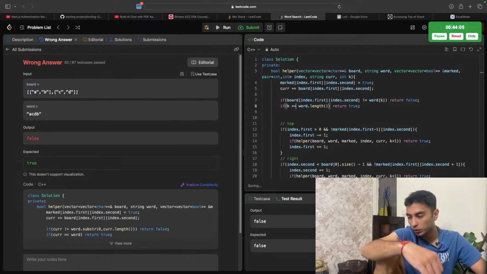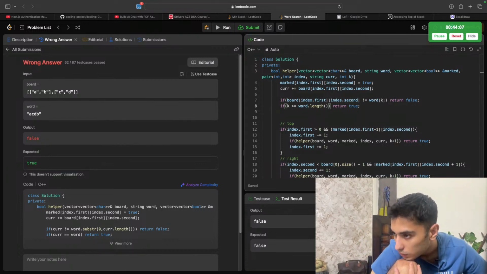So if I want the last character, last index, I will string